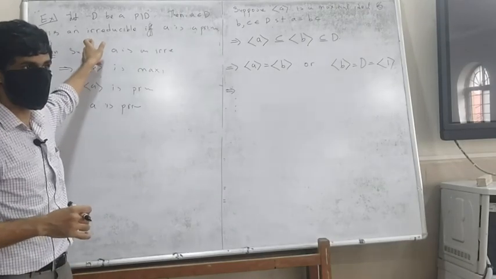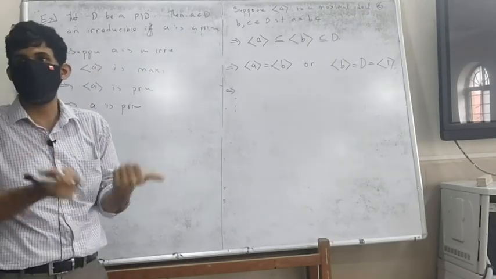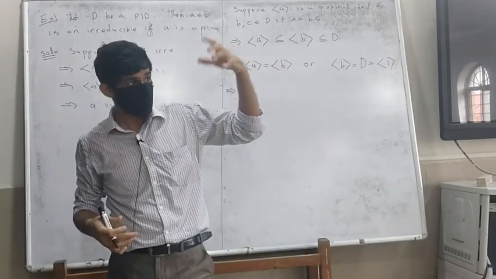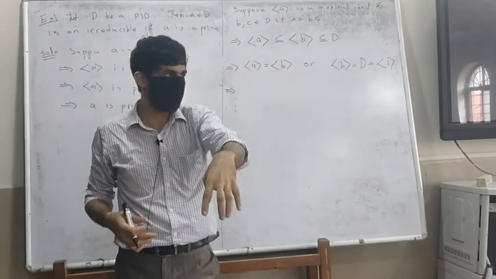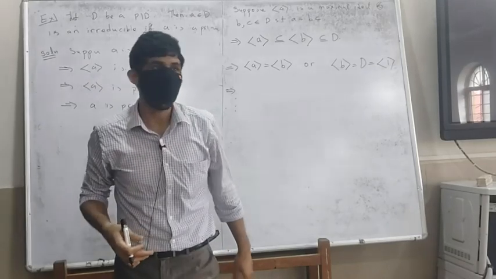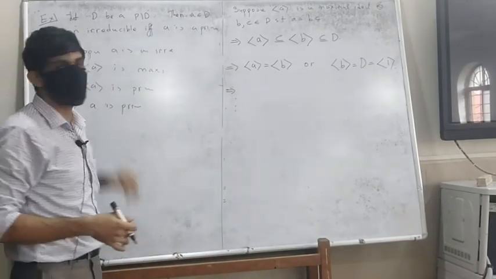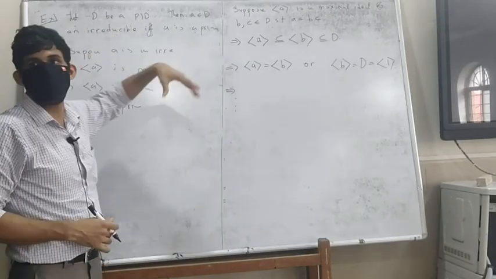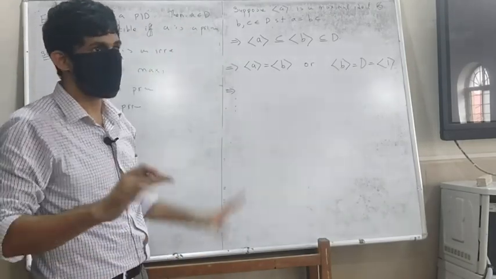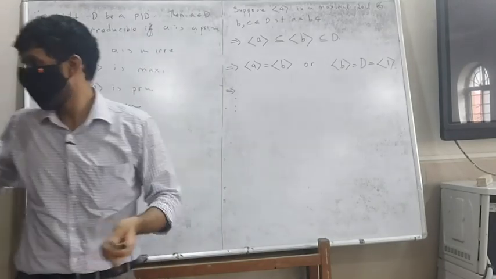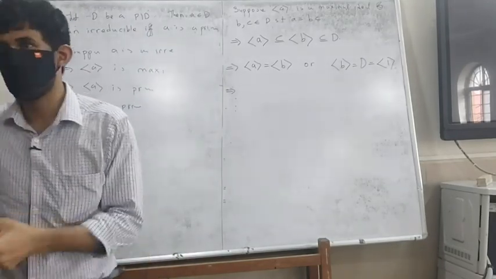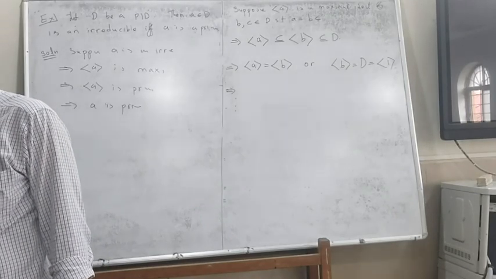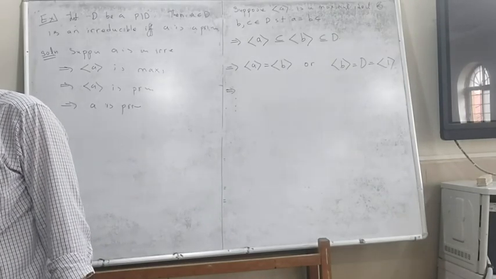I've proved this in a very specific case. I will actually be proving this in a more general case. As I've told you, I will be proving that every PID sits inside a UFD. And this result is also true for UFDs. That is, every irreducible in a UFD is also a prime, which I have not done here, since we have not defined a UFD. I think with this we have some things to work with.